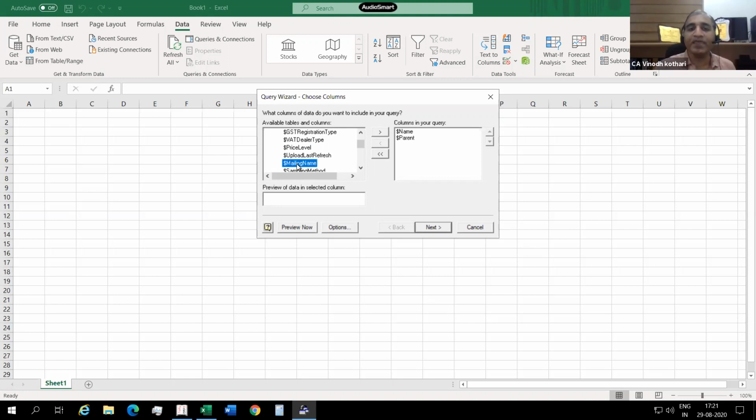Then next is the primary group. Now if you see primary group, the primary group name will start with dollar underscore primary group. So I'll select dollar underscore P. So this is our primary group, double click. And the last thing is the closing balance. So again dollar underscore closing balance. So dollar underscore C, simultaneously I'm going to type dollar underscore C.